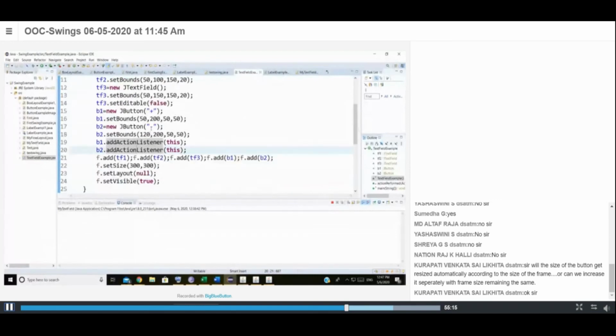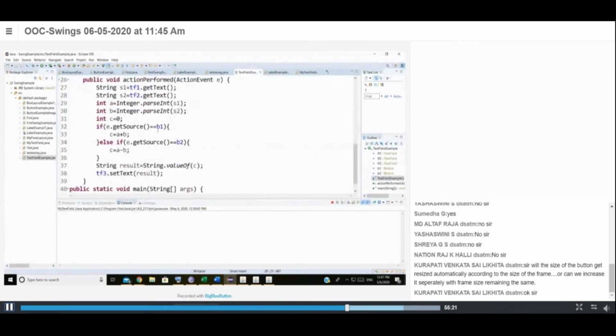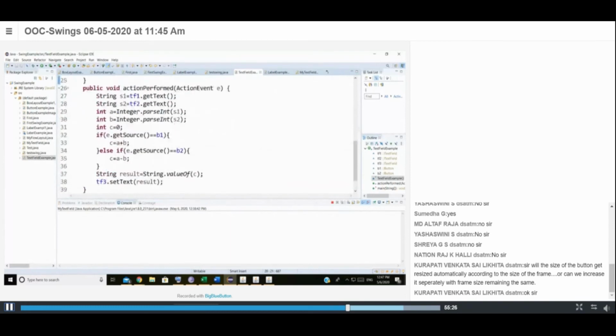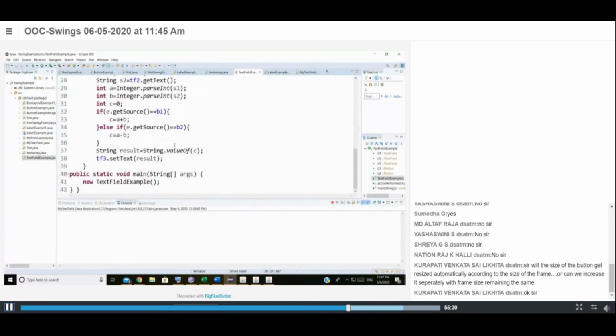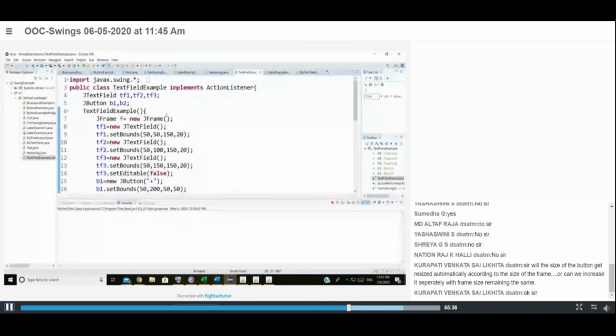That's what happens if I click on the second button, the minus sign button. So see, I have written all this code here. Whatever values come, I have passed them to integer. So let us execute this. We'll see the output now.